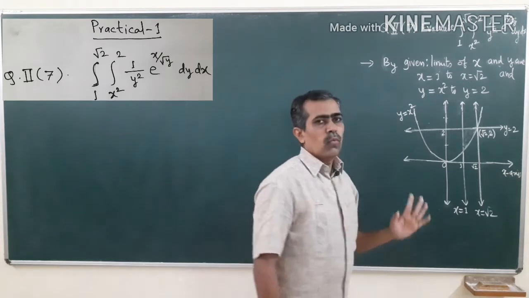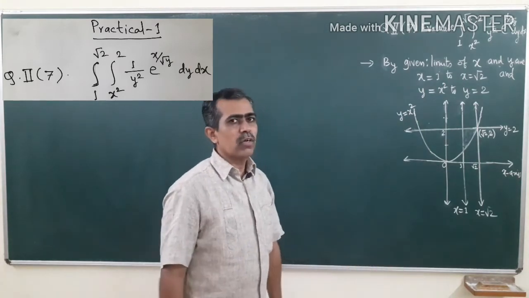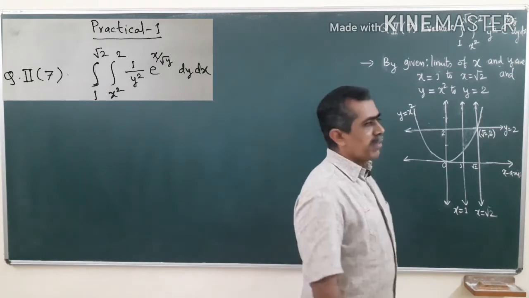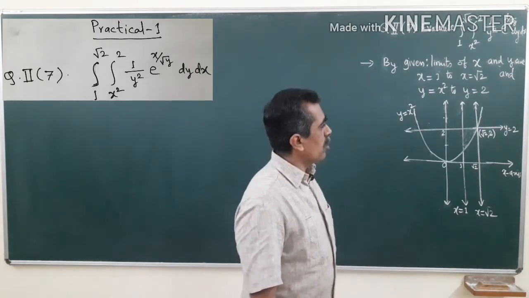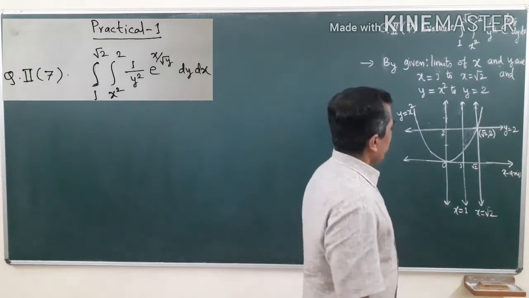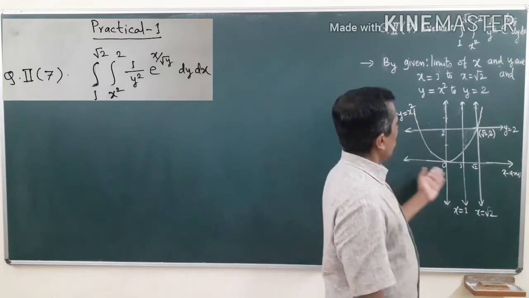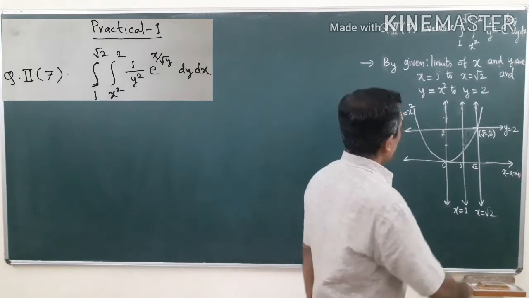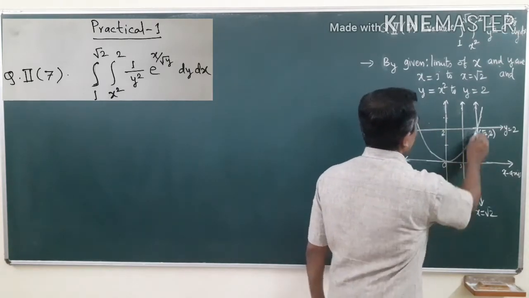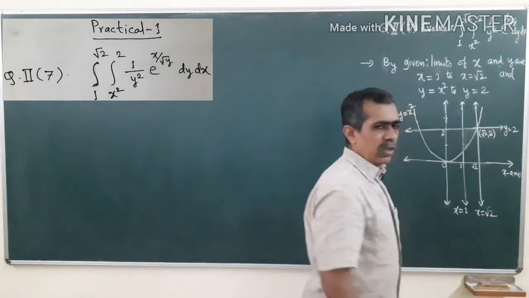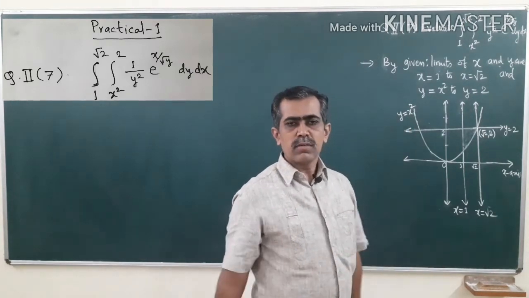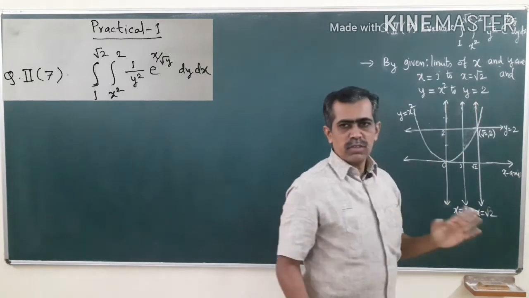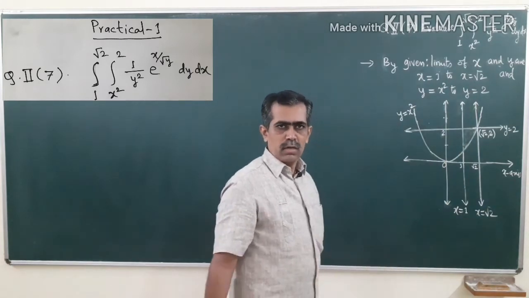Now we will plot the region of integration. How to plot the region of integration? Always remember, first of all draw the lines, or in some cases you may draw the parabola first also if the case is simple. This is the parabola y is equal to x square, but usually first of all you draw the simple curves, that is straight lines. Whatever straight lines are there, you first try to plot them.